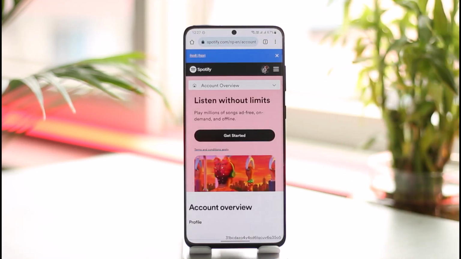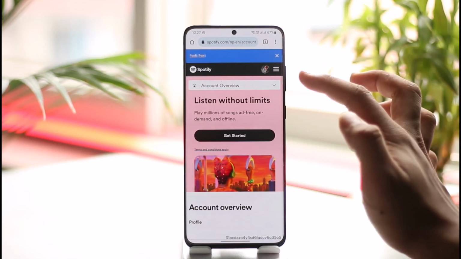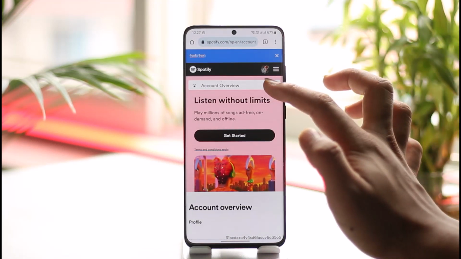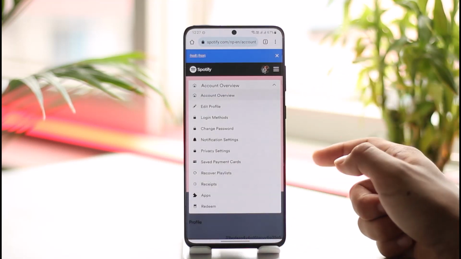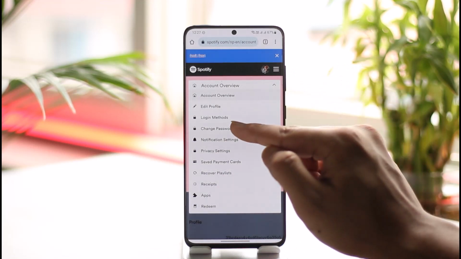Once you go to this view account option, right over here you'll be able to find this option known as account overview. Just tap on it, open the drop down menu, go to this option known as change password here,